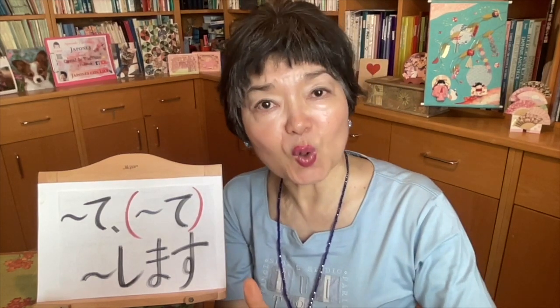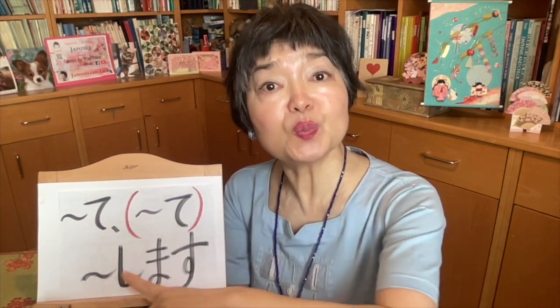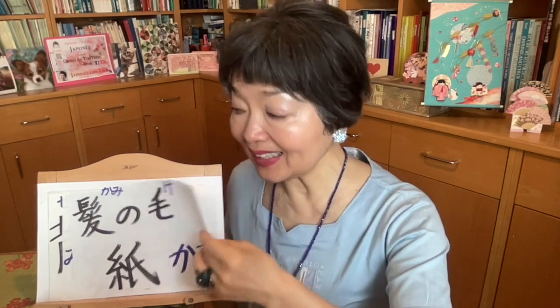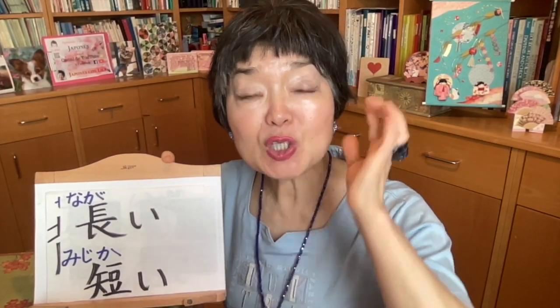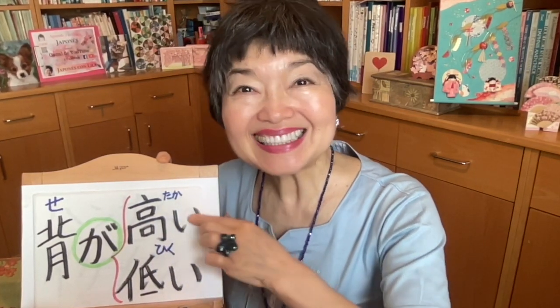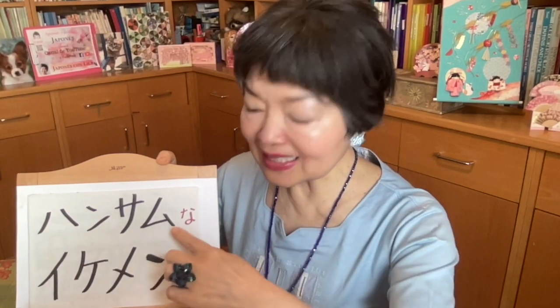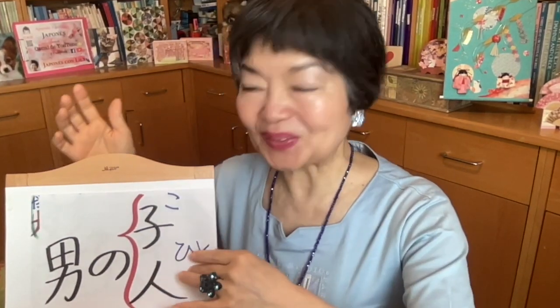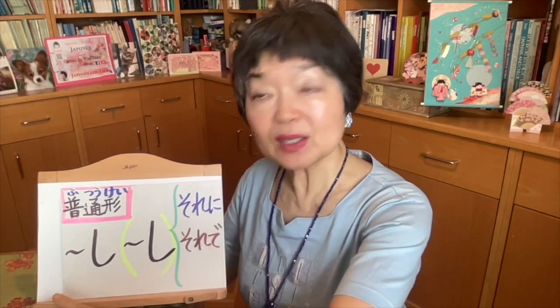In this case, we use て, but we can't use し. 髪の毛が短くて、背が高くて、ハンサムな男の人が好きです。